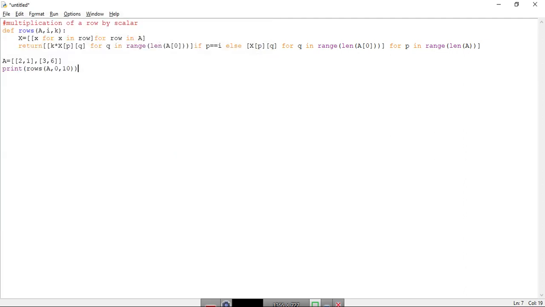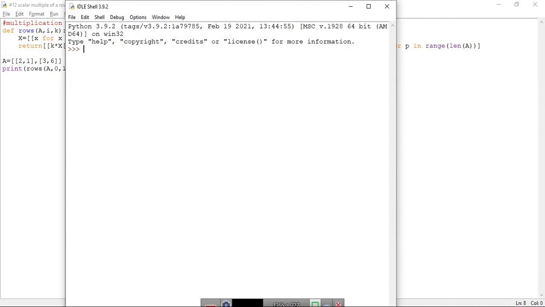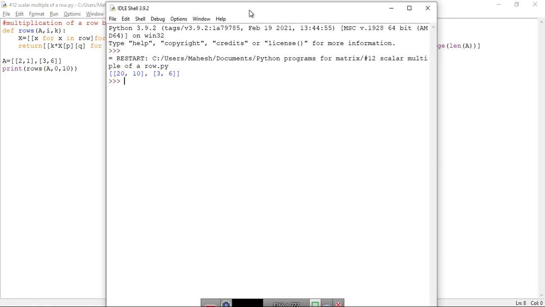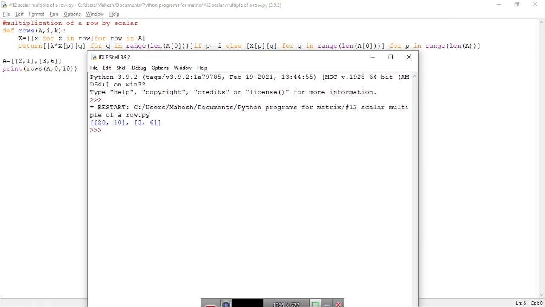Okay, let's save this and compile. If you see here, we had a matrix 2 1 3 6. We have multiplied this matrix A whose 0th row by 10. So the 0th row means the first row of this matrix. So 2 into 10 is 20, that is here. 1 into 10 is 10, again here, and we have not done anything to the second row.